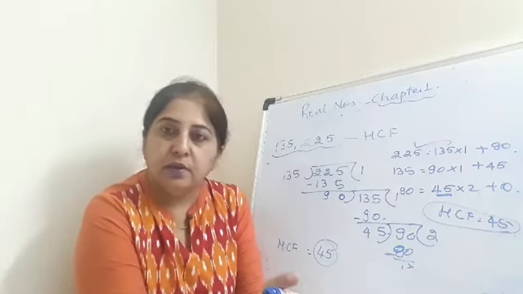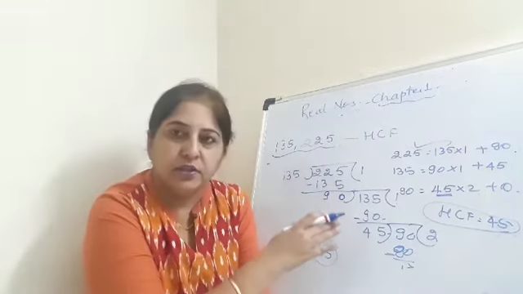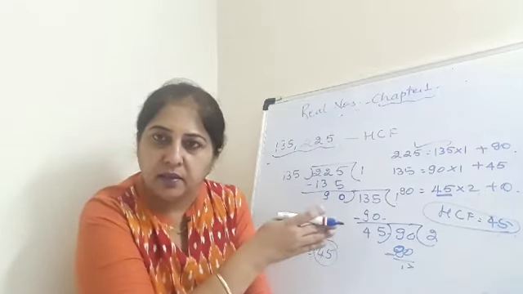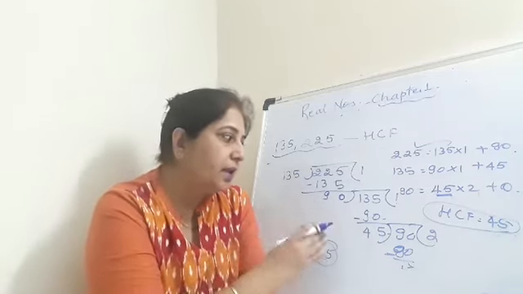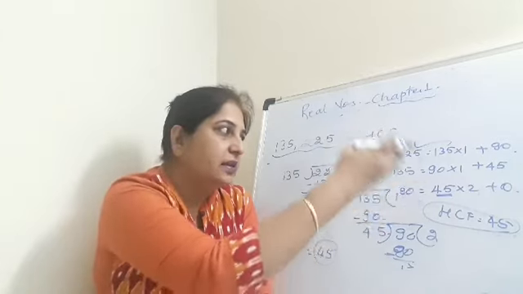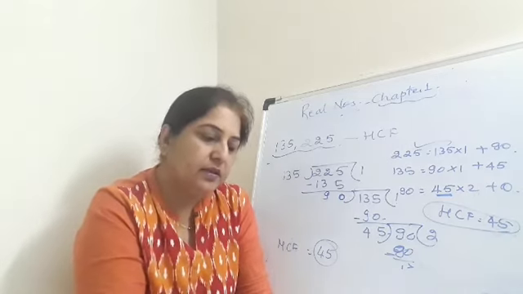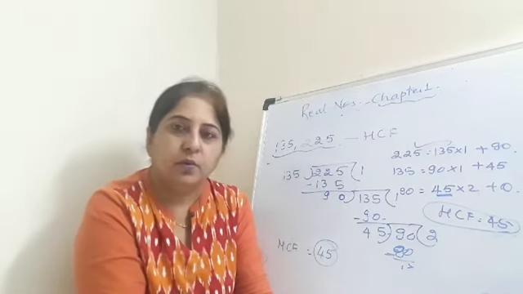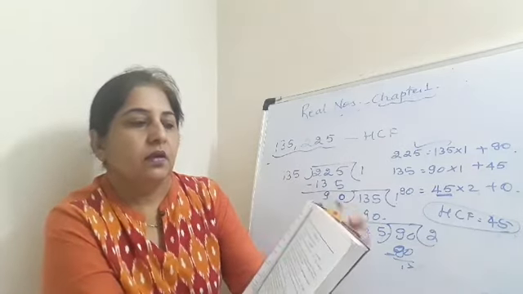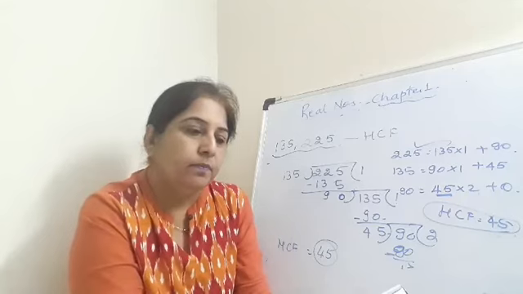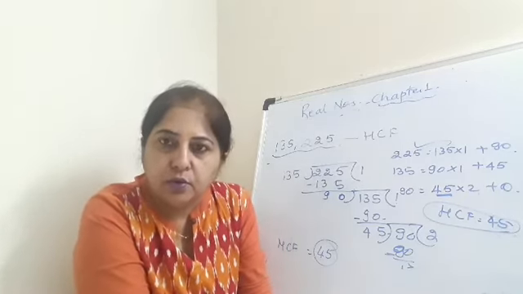I hope Euclid's division lemma, the whole steps, are clear to you. How do we solve a question? How do we find HCF by the division method, which is also called the long division method, that is, the division algorithm. And that same thing we are going to write in the form which is called Euclid's division lemma. So children, complete all this work, and there are two more parts in question number 1. Here you can see your book. Okay, so 196 and 38220, and 867 and 255. So complete this today and then I'll continue tomorrow.